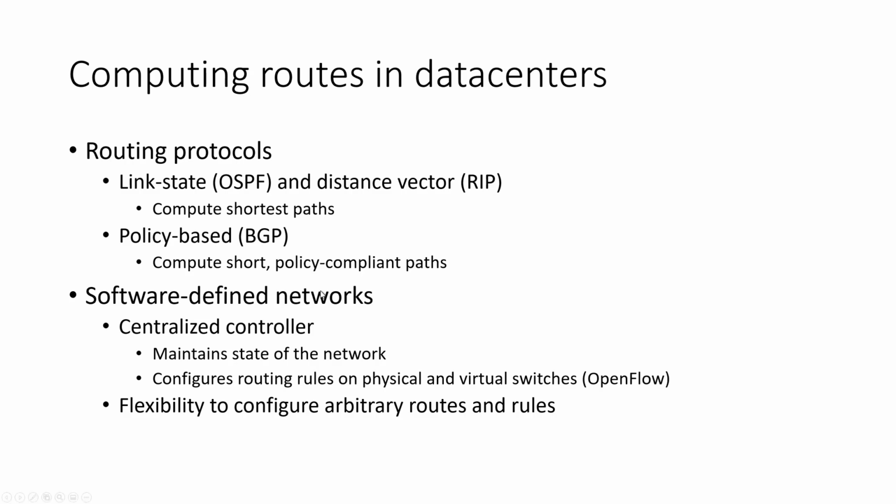The main difference between software-defined networks and the classical approach is that in software-defined networks, we have a centralized controller that maintains the state of the network. It uses this global view of the network to configure routing rules on the physical and virtual switches. One protocol that we can use to configure the routes on physical and virtual switches is OpenFlow, but other solutions are also possible. The main difference is this idea of having a centralized controller that's usually built in software,